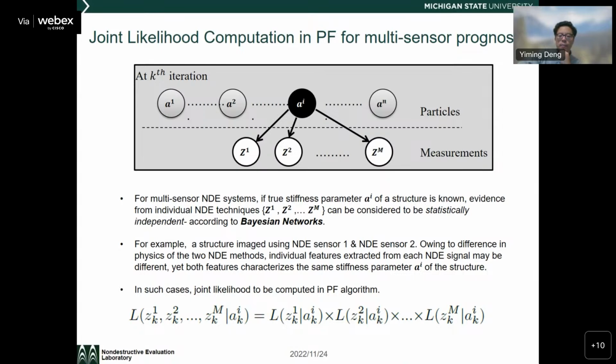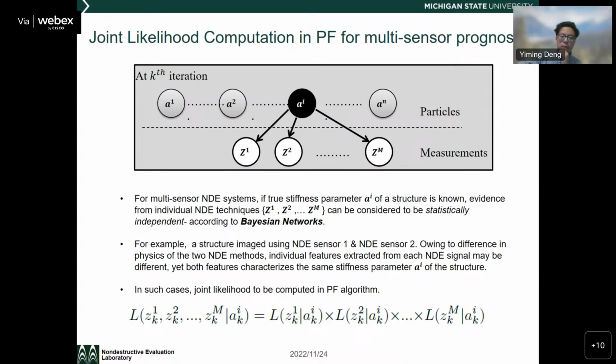So if the true stiffness parameter A_k of the structure is known, then evidence from individual NDE techniques, which we label as Z1, Z2 to Zm, let's say we have M measurements, can be considered statistically independent according to Bayesian networks. We have this assumption that they are independent of each other. This will bring a simplification in our calculation,